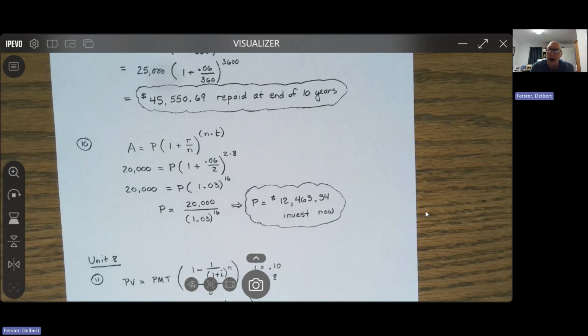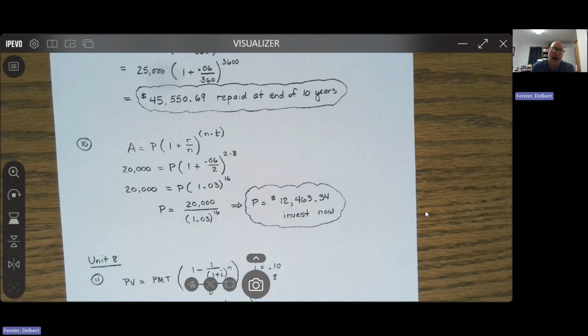So take a look at that plug-in line, 20,000 going in for A. P is your unknown, rate at 0.06, 2 because you're compounding semi-annually. Power up there at 2, that same value for N, times the number of years, which was 8. All right, again, remember, it's an algebra context, so you're solving for P. So we're going to take the 20 grand and divide by 1.03 to the 16th power as before. Run that thing and don't round until the end. So don't round off that answer for 1.03 to the 16th. You use the full display, round at the end, and we get